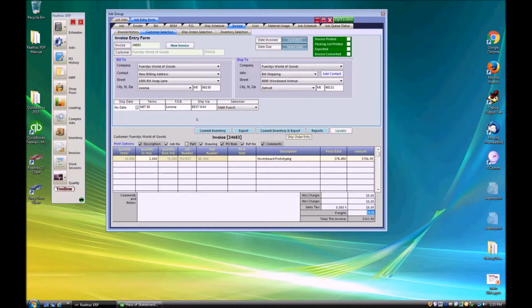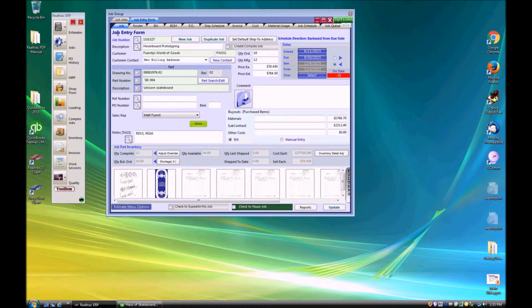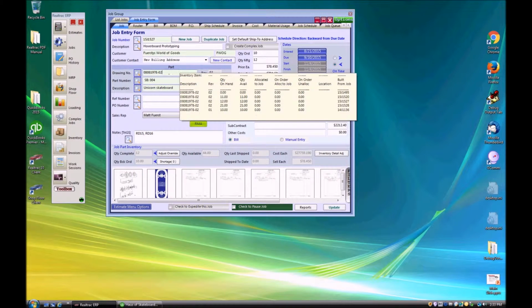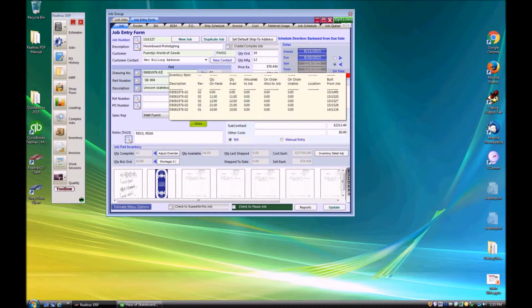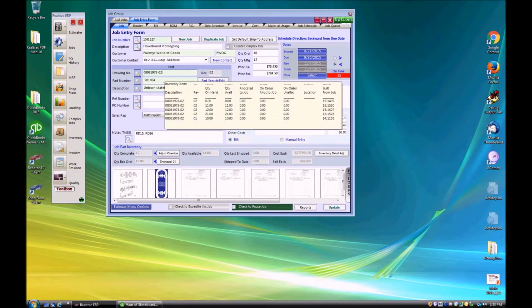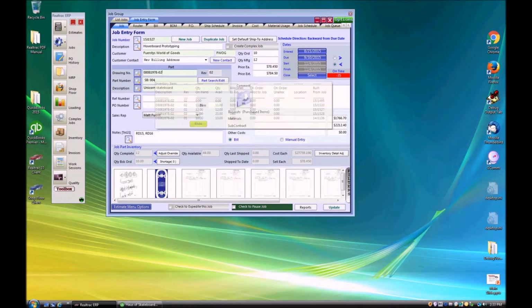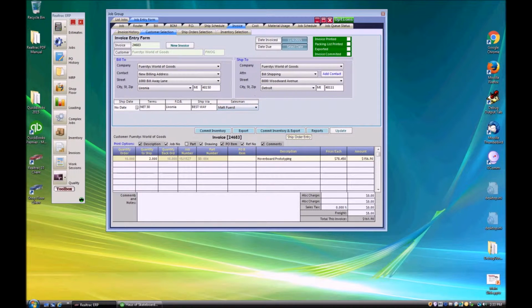Next, we examine QuickBooks to see if it knows about the part that we are shipping. How does Realtrac determine what the part is? By default, Realtrac will look at the drawing number field associated with the part. If that's available, Realtrac uses that as a distinguishing field that determines what the part is. If the drawing number field is empty, Realtrac will instead look at the part number field automatically. So looking at this invoice, we can see that the part is considered